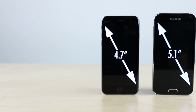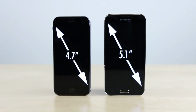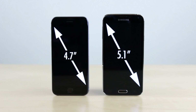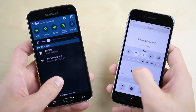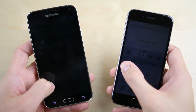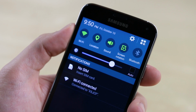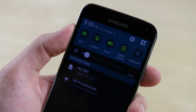Reason number 1. Apple finally bumped up the screen size with the iPhone 6, but the Galaxy S5 screen is still bigger at 5.1 inches and offers a higher resolution and pixel density at 432 ppi. 2. While both phones offer bright displays, the S5 screen can become significantly dimmer, making it easier on the eyes while using it in the dark and acting as somewhat of a privacy screen that only you can see when